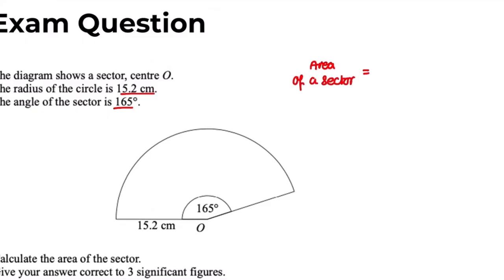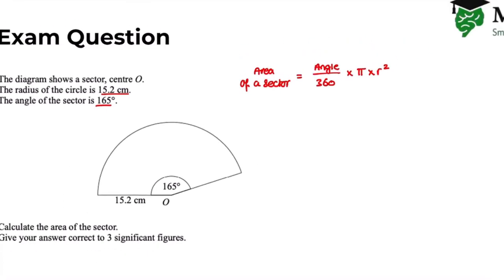all we do is we do the angle that you've been given divided by 360. You multiply by pi, multiplied by the radius squared. Okay, so we're given 165 degrees. So it's 165 divided by 360, and then we're going to multiply by pi, and then we're going to multiply by the radius squared. So the radius is 15.2, so it's going to be 15.2 squared. And if you type that into your calculator, 165 over 360 multiplied by pi multiplied by 15.2 squared, you're gonna get an answer of